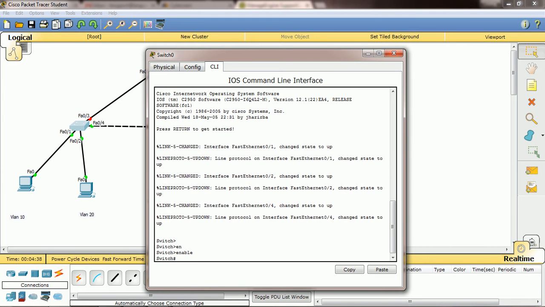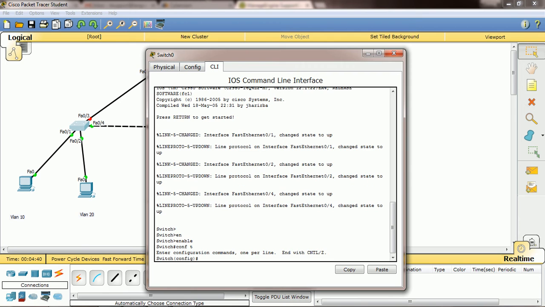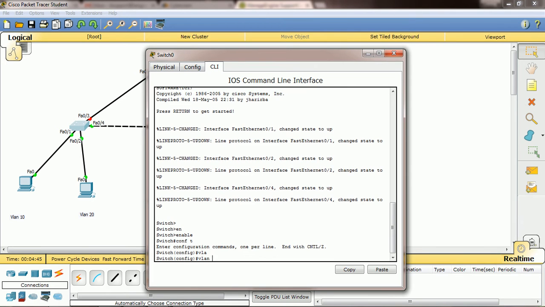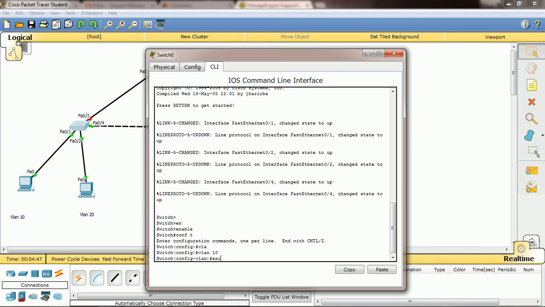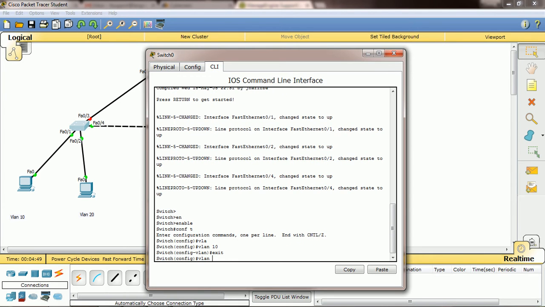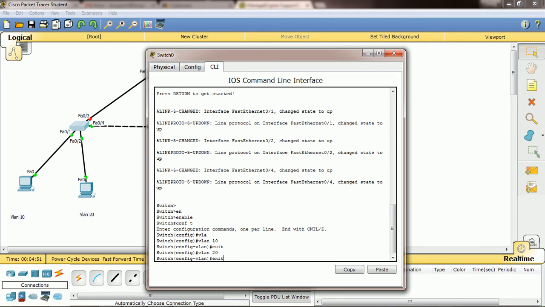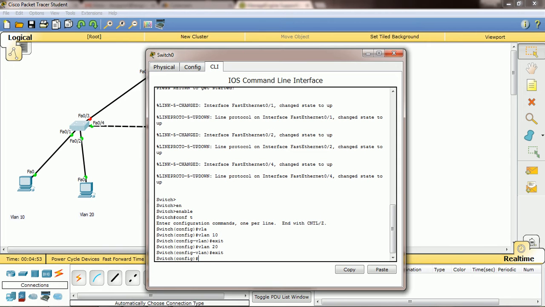So I am going to create VLANs here. I enable config terminal mode, and I am creating two different VLANs, right? VLAN 10 exit and VLAN 20 exit. So I created two VLANs, and now I am going to assign these VLANs to the ports.